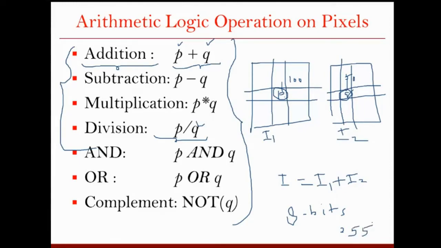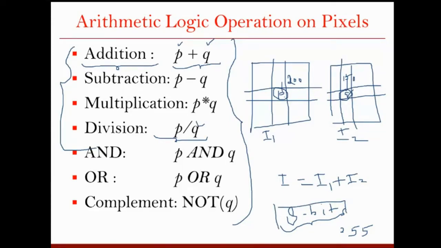Yeah, you can have just 255. But let's say you are adding 2 pixels where this pixel has value 200 and this pixel has value, let's say, 150. Then what is the resultant you are going to get? 350. Obviously 350 cannot be represented in 8 bits. If you try to represent 350 in 8 bits, you will lose something. The value that you are going to store will not be 350, it will be something else.